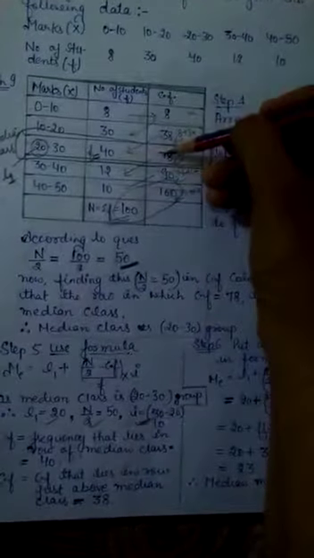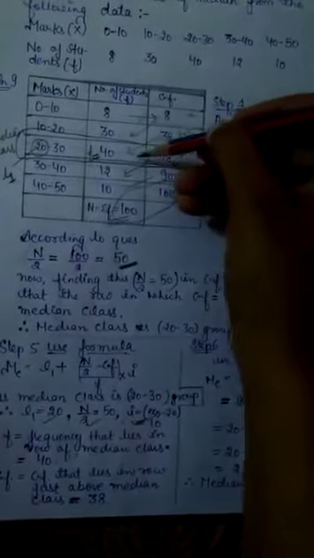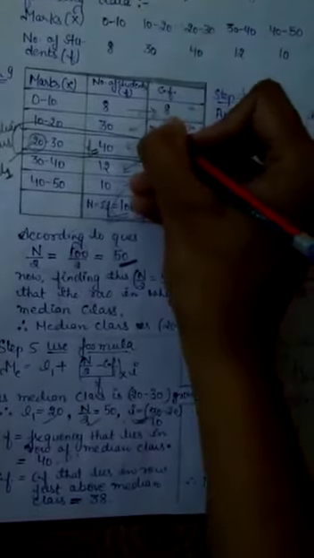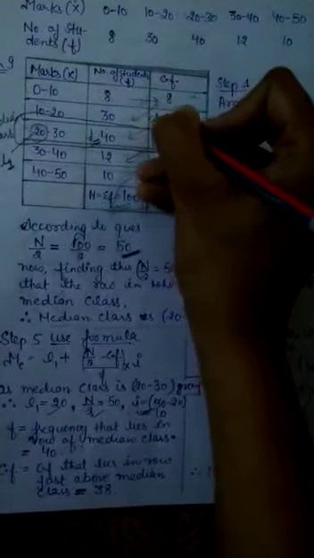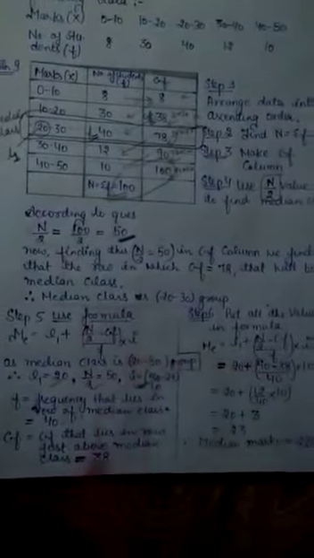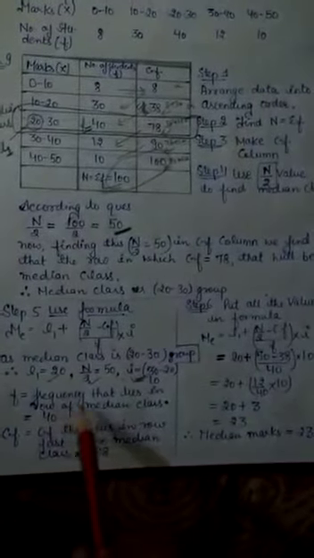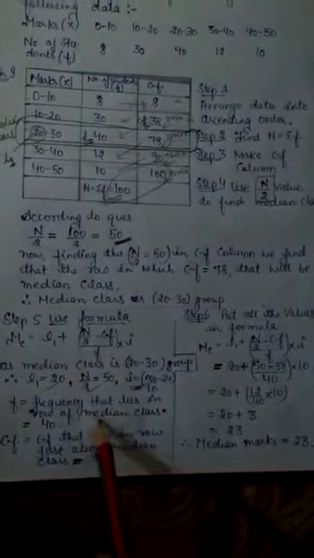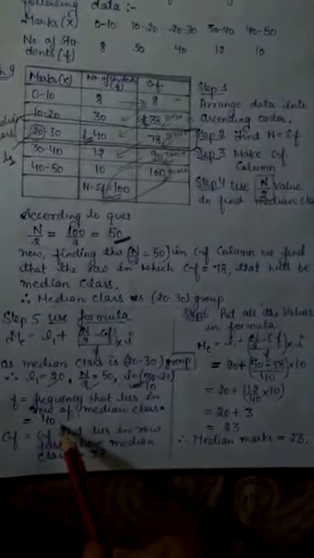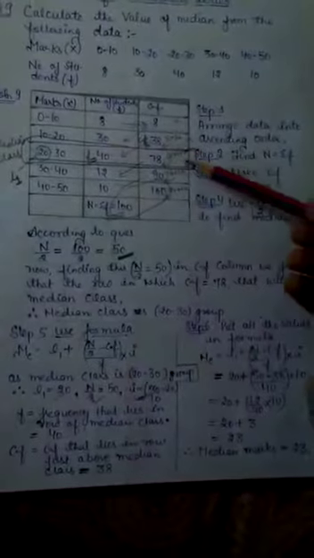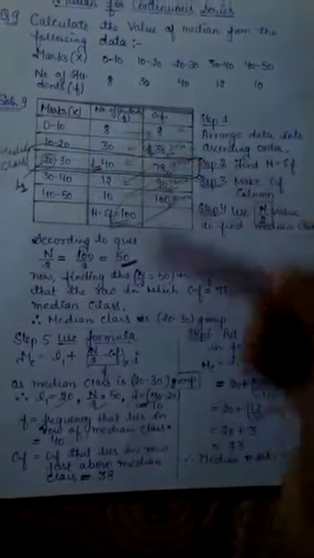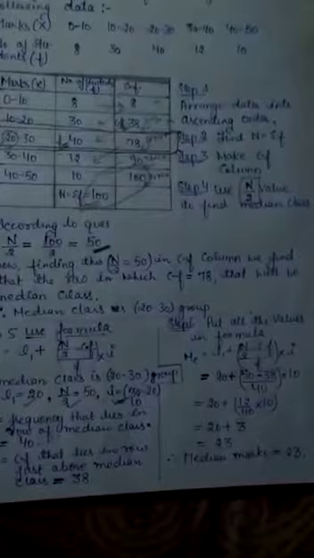This CF will be from just above this. Just above this column is this 38. So this CF you will treat in your formula. So it is written also here, frequency that lies in the row of the median class, 40. This is the row. Okay, CF that lies in the row just above the median class. Above this median class is this row, in this row the CF is 38, then you will use 38.